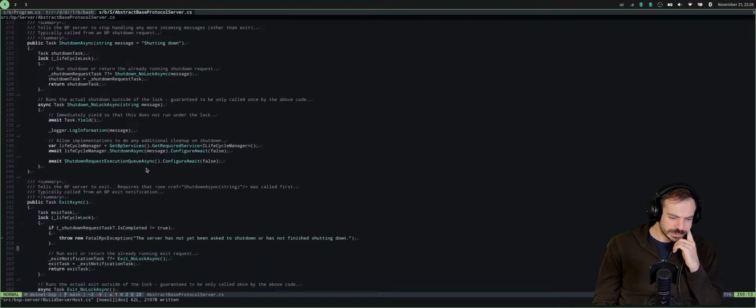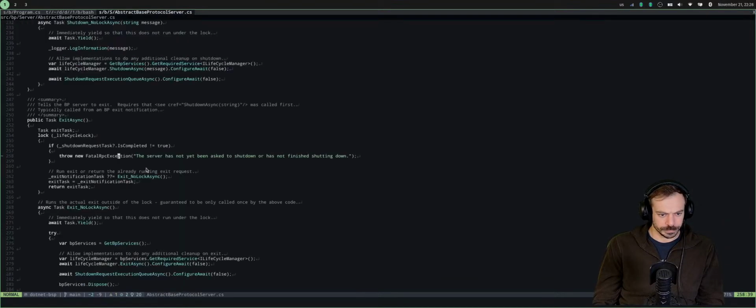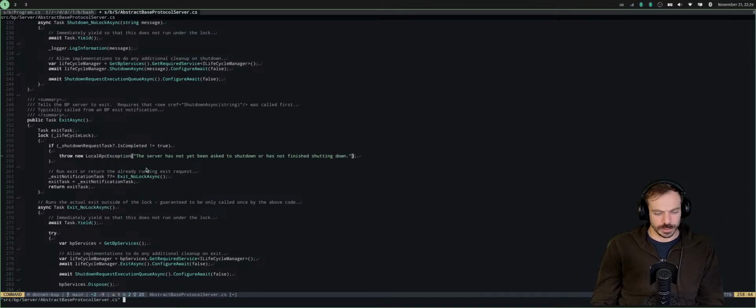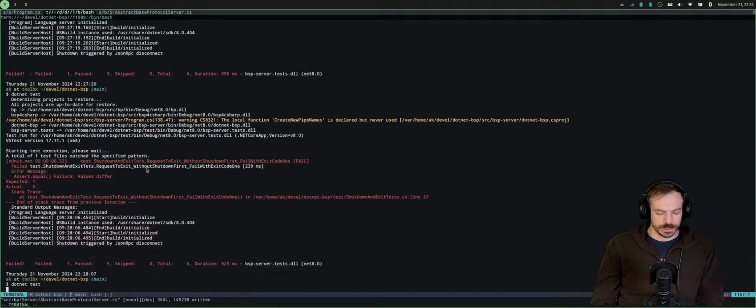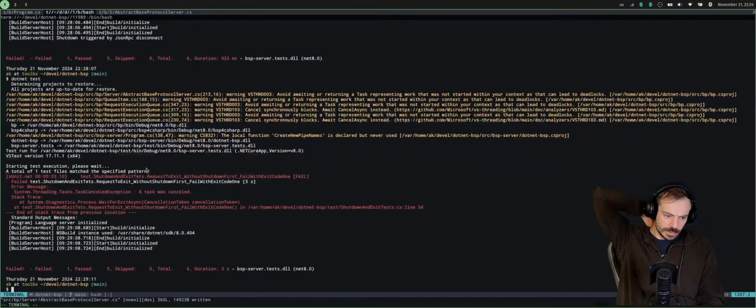So we raised the exception in here. And let's say local RPC exception, just to see if it behaves differently, if it works that we catch it.